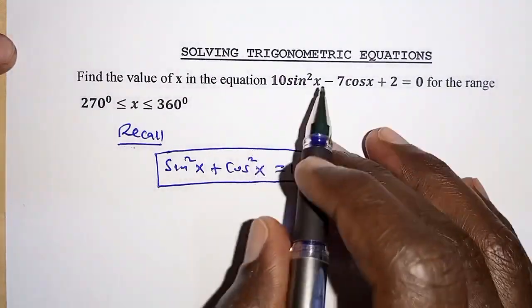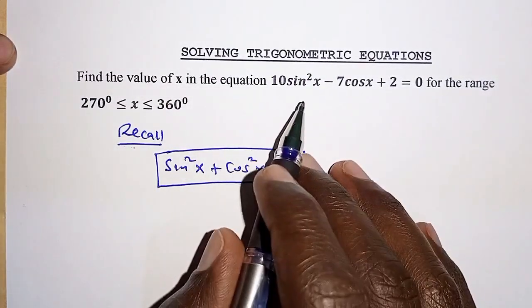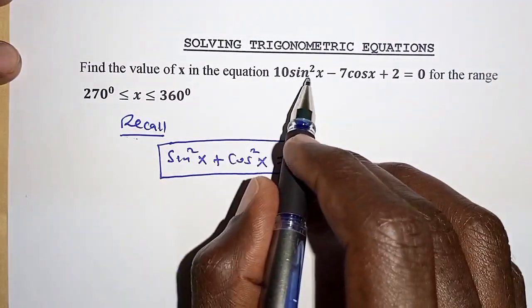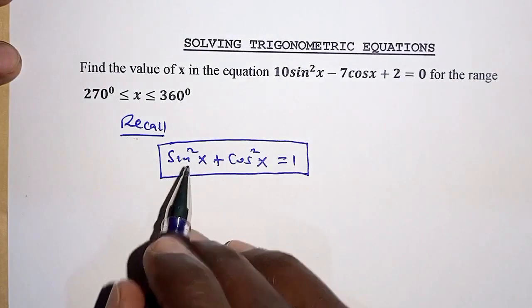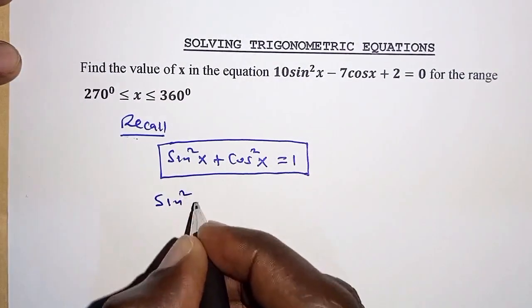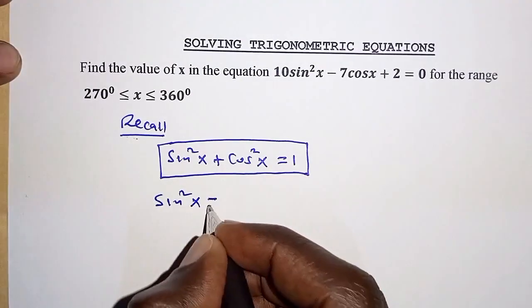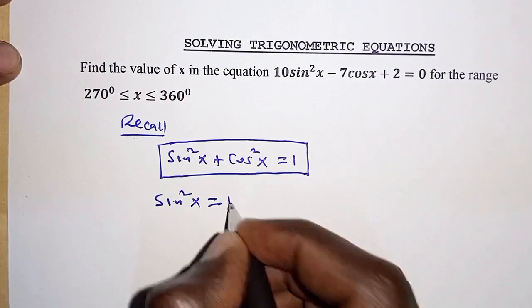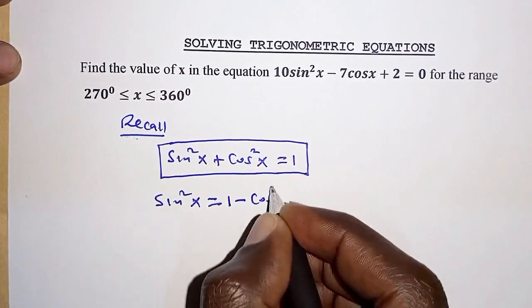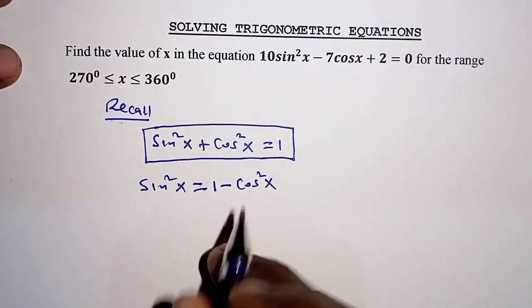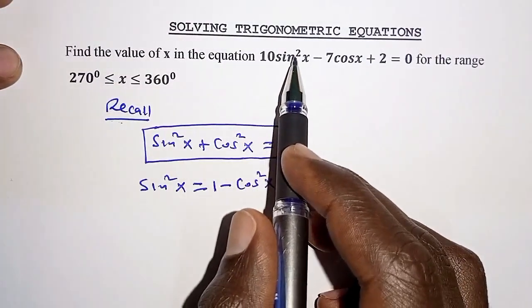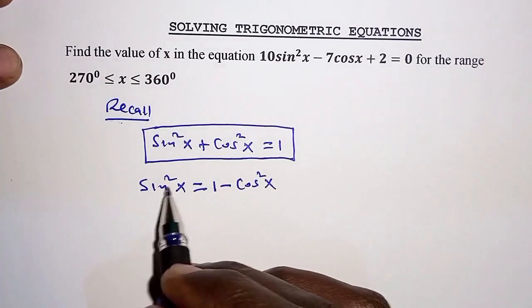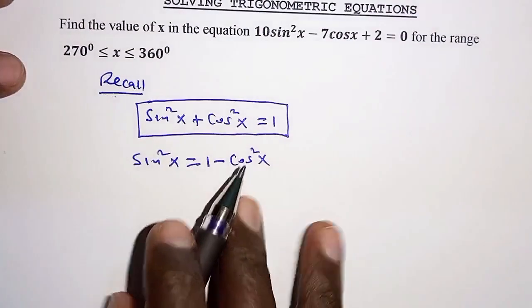Now we're going to use this to express this equation in terms of cosine alone. As you can see, we have sine squared of x, so we can get that from here. Sine squared of x should be equal to, if we take cosine squared of x to the right hand side, 1 minus cosine squared of x. Now replacing sine squared of x here with 1 minus cosine squared of x, the equation will become